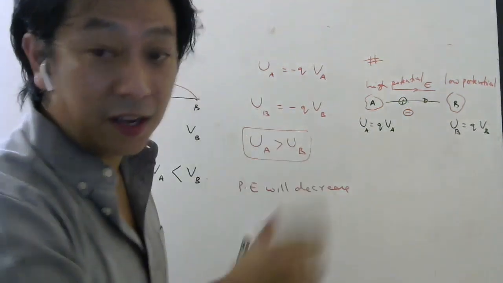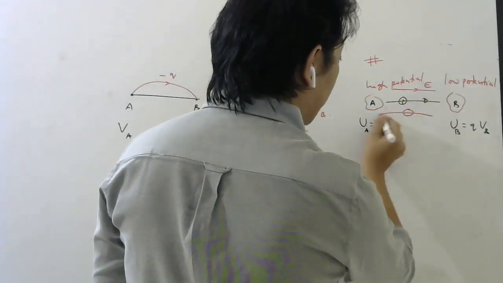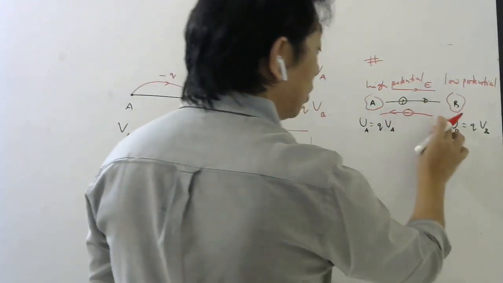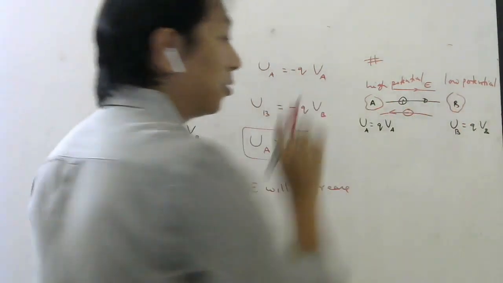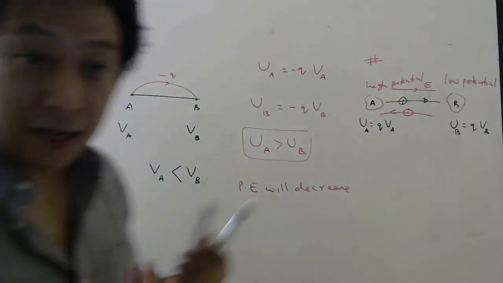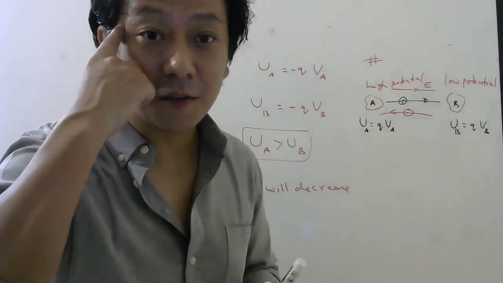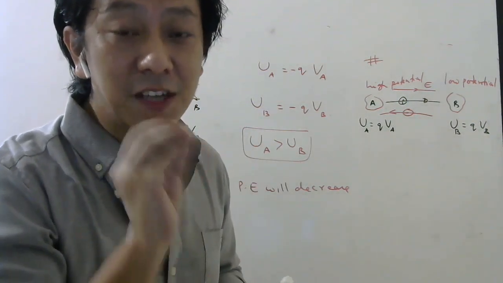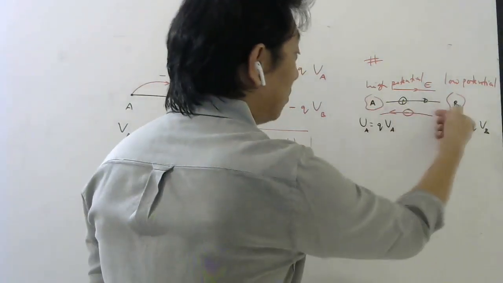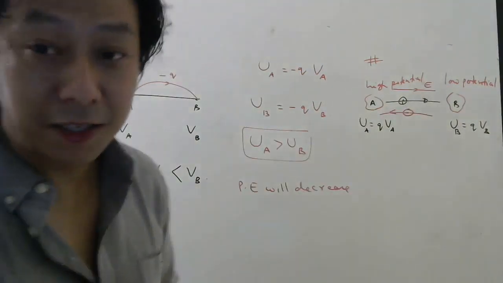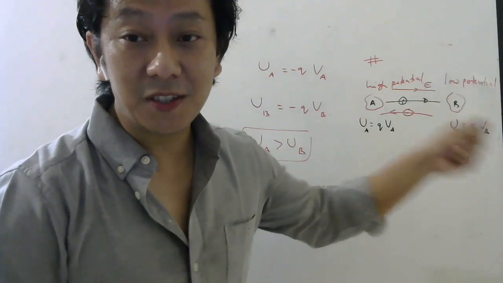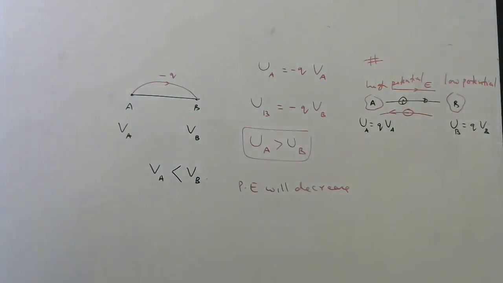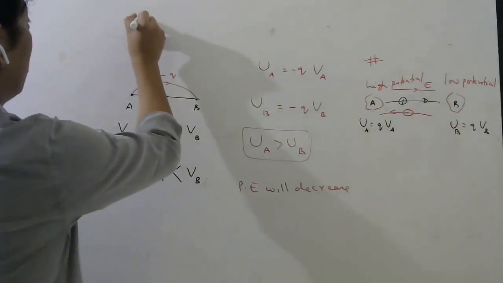So if you leave the negative charge, it will always run from which potential to which potential? Low potential to high potential. And again, it is very easy to understand if you think of electric field. I have told you numerous times that negative charge feels force opposite to electric field. And electric field is always from higher potential to lower potential. So keep these things in mind, and let me make a note here.